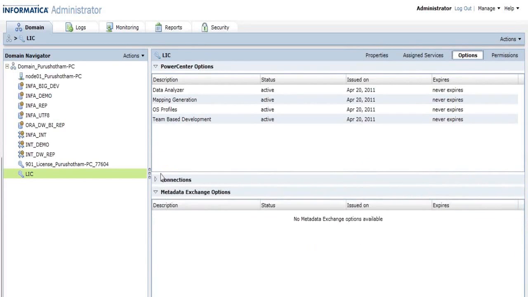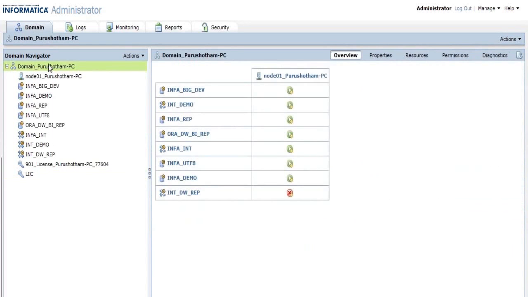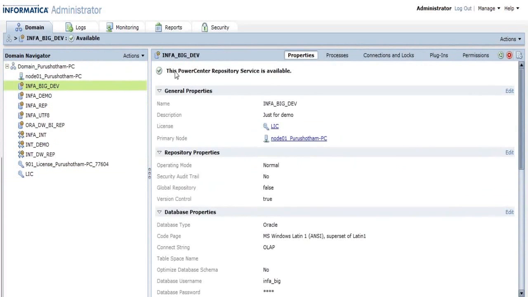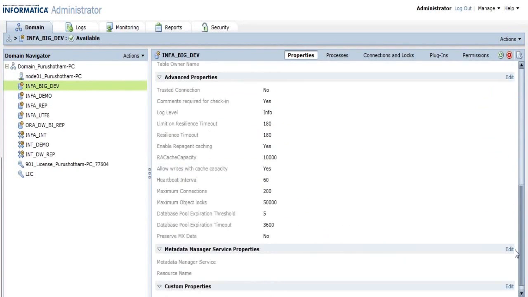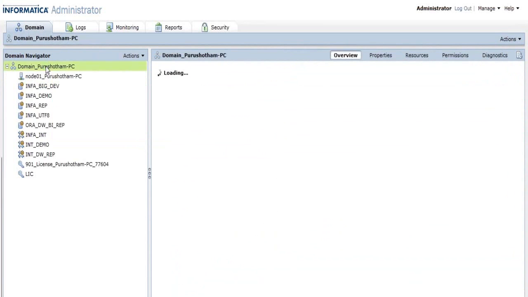Likewise, you can see what connections you create, and everything will be available. So that is how you create a repository service. Always make sure that your repository service is up and running, then only you can connect. It says that the repository service is available, and you have a lot of other properties. We'll keep checking these properties whenever we start working with Informatica.